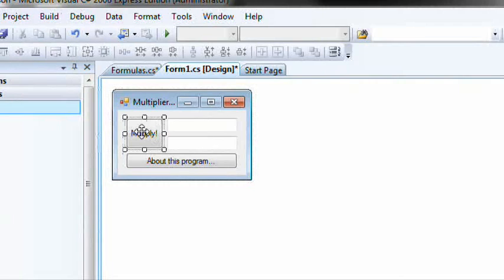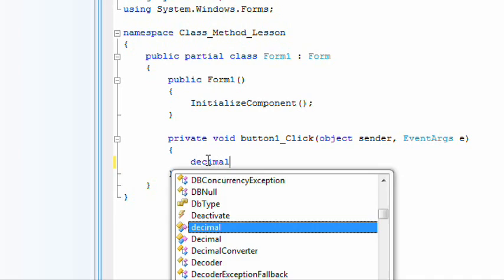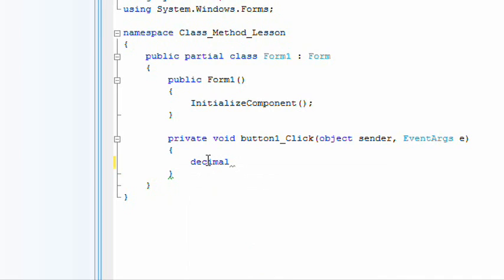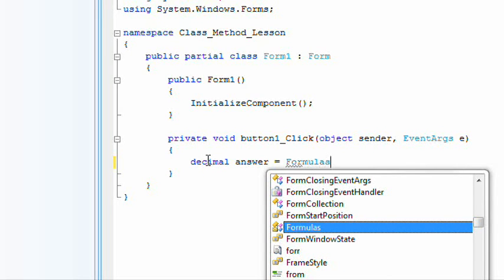And now double click on multiply. Now what we need to do is we need to make this button use that method inside that class. So I'm going to create a new decimal called answer, and just in case you try to multiply a decimal, which we're not going to do, but now just make